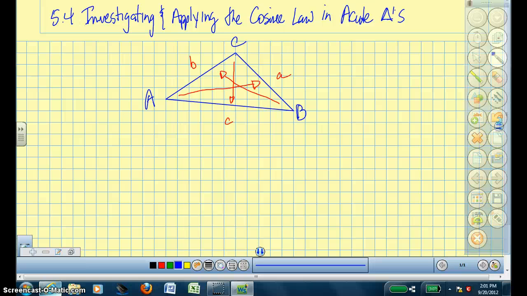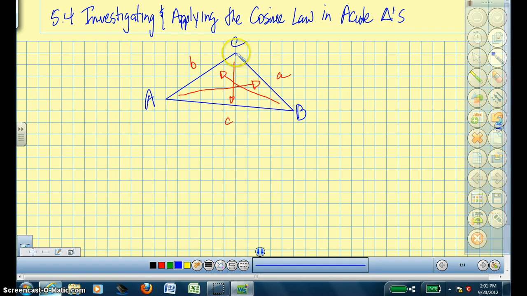Today I'm going to talk about section 5.4. We're investigating and applying the cosine law in acute triangles. So what I've done is I've drawn in an acute triangle, A, B, C, and I've labeled the corresponding sides opposite to the angles. So here's angle A, and opposite to the angle A is little a, is the length